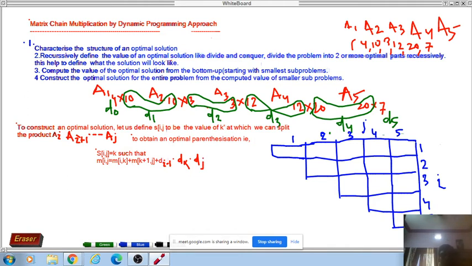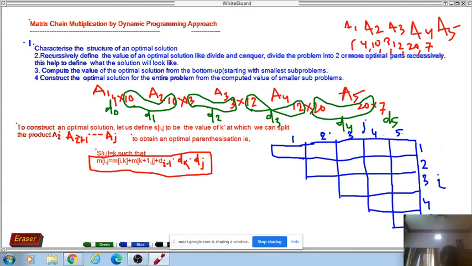How to explain this thing? This is the main thing. This is the actual formula by which we will go on computing these values and fill up the table. Because in the dynamic programming approach, we have to remember the values of parenthesization. That is the main objective. So the input sequence is D0, D1, D2 up to Dn, here up to D5, where the length of D is n plus 1.